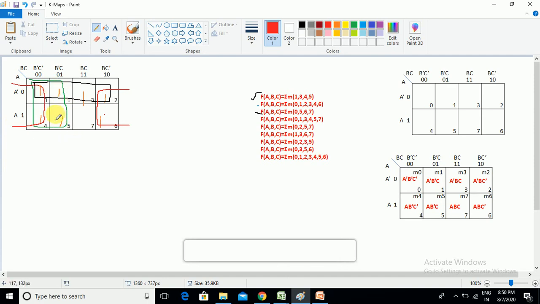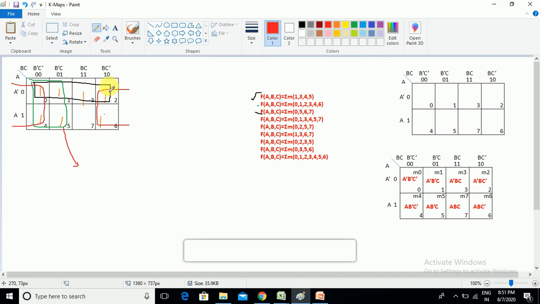Now in this, how many groups are created? Totally 3 groups are created, and all are 4 cell grouping. Let us go to the green color grouping. How many cells are there in the green color? 4 are there. Out of 4, 3 are overlapped, 1 is not in the overlap. Now it becomes a prime implicant. Even if 1 is left without overlap, then it is called a prime implicant. We should take it into the answer.